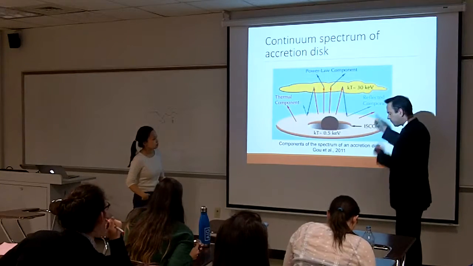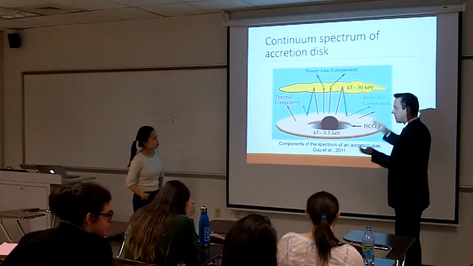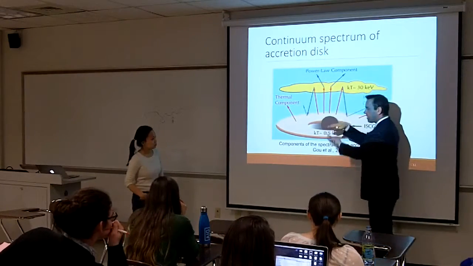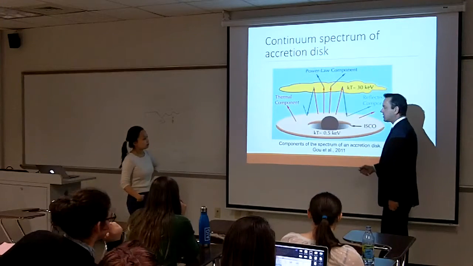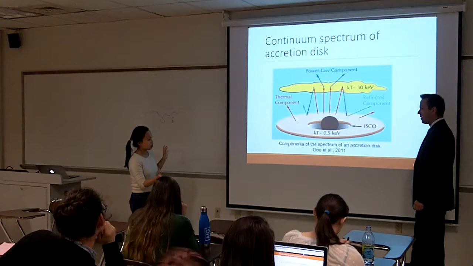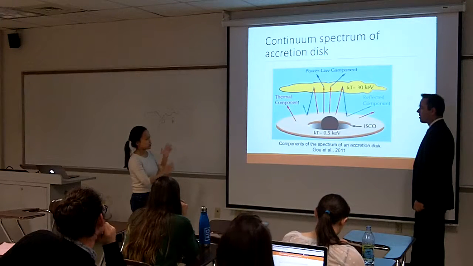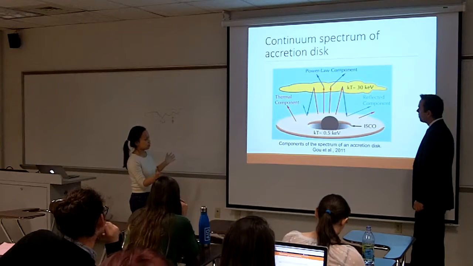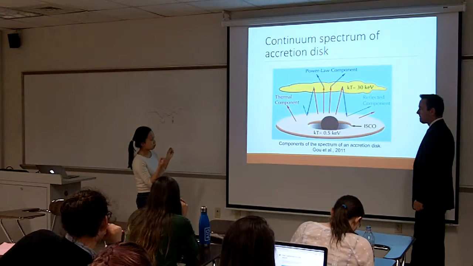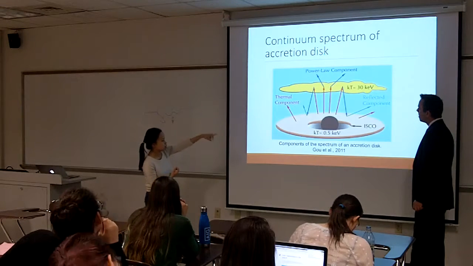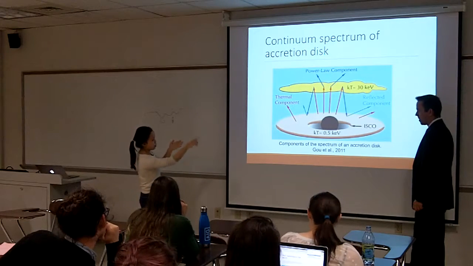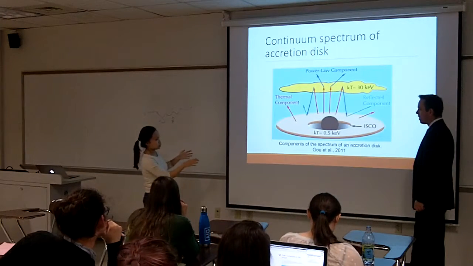I think matter falls onto the black hole or in the surrounding of the black hole and has angular momentum, which has a flattening effect that makes a disk, which we see in many different systems. But what's that? I think it is just hydrogen molecule cloud, gas cloud, something like that. Because it reflects the radiation from the accretion disk and gives another component, another half of the spectrum,